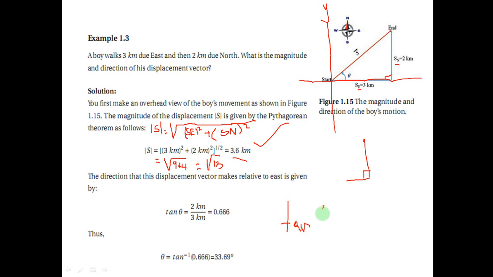tan theta is equal to opposite over adjacent ነው።